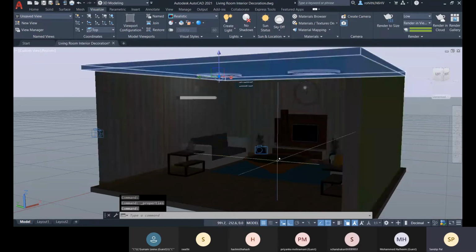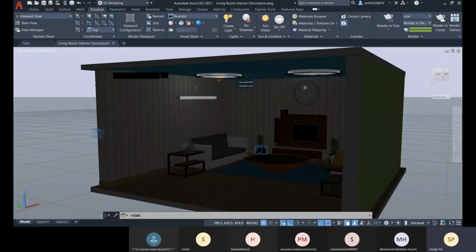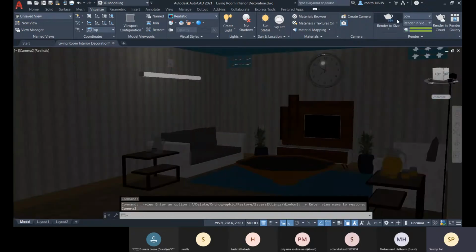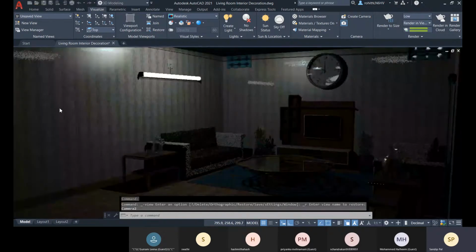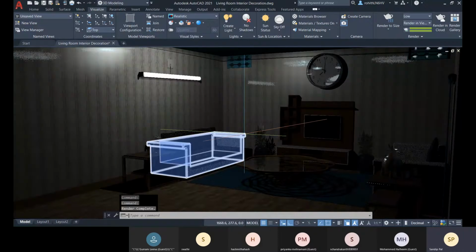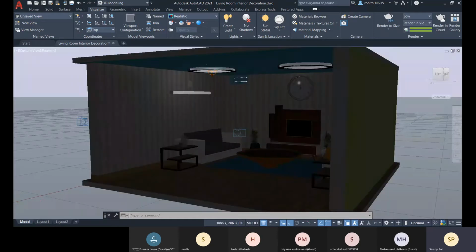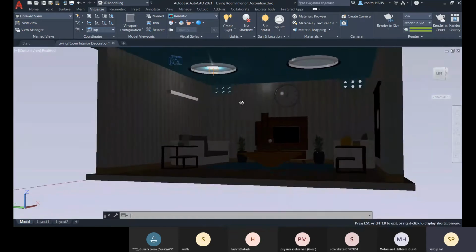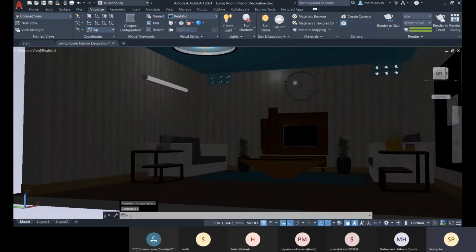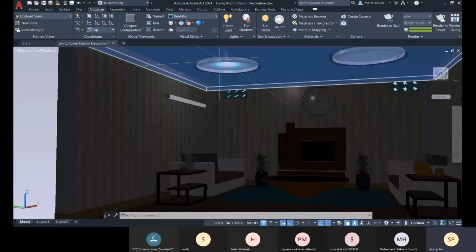Okay, and now if I go for the camera 2 view, yeah, here we are getting the artificial light. Now this is a point light. From this point it will spread the light, it will emit the light in each direction.